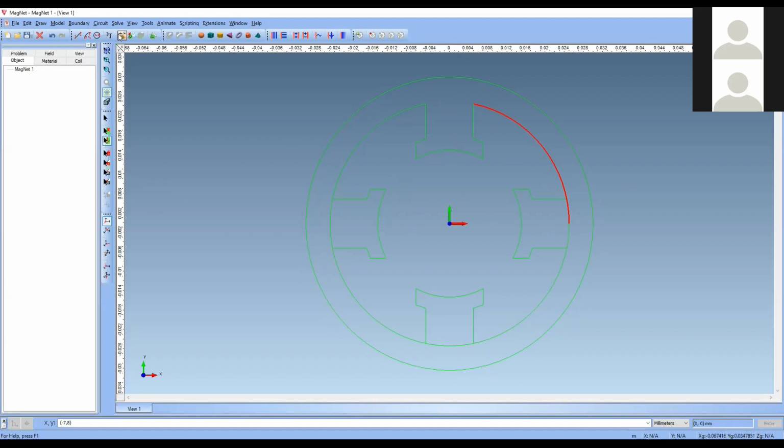So what you want to do? Again, you want to do segment edges and delete it. Here segment edges and delete it. Now again select this, segment edges, delete it, and delete it. Now you got a complete stator. This is an example. For drawing I have done like this. Okay, but this is not our model.